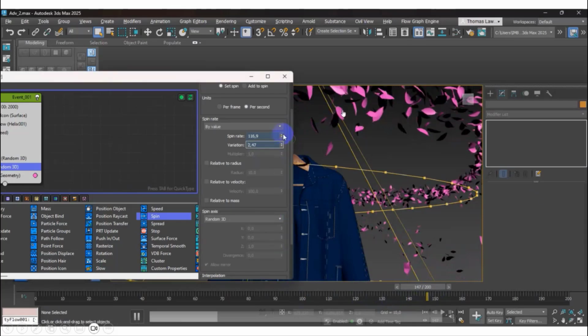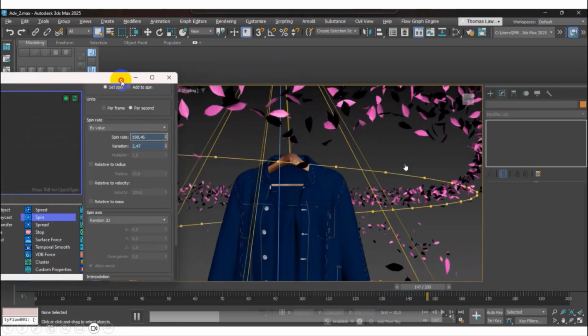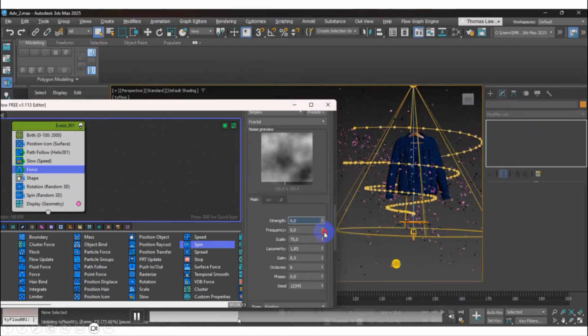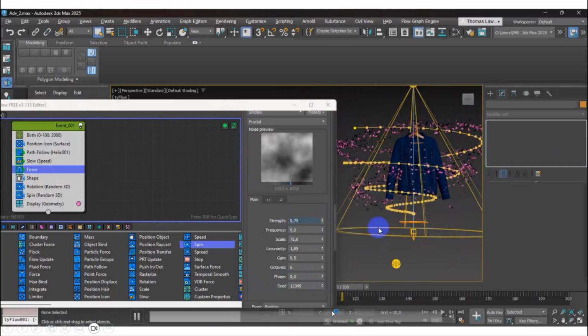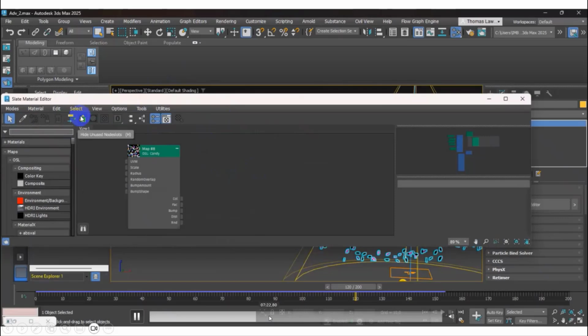I want every leaf to spin, not only rotate, but spin in any direction. You need to adjust the strength, the frequency, and also the scale, if you need to scale it.